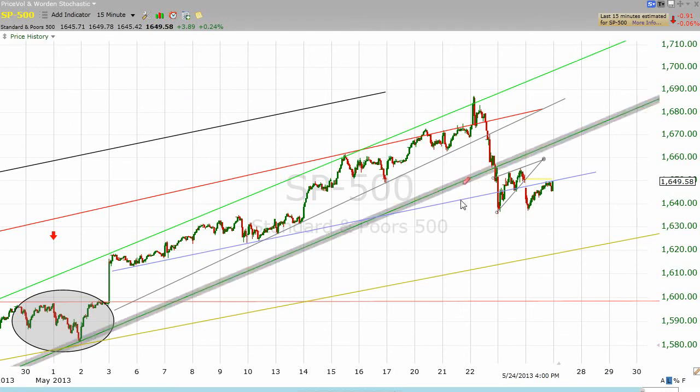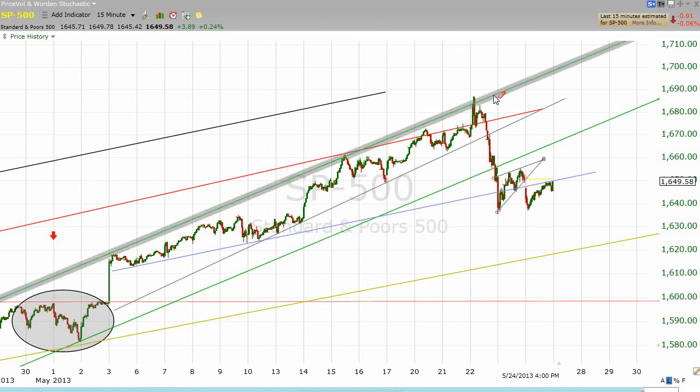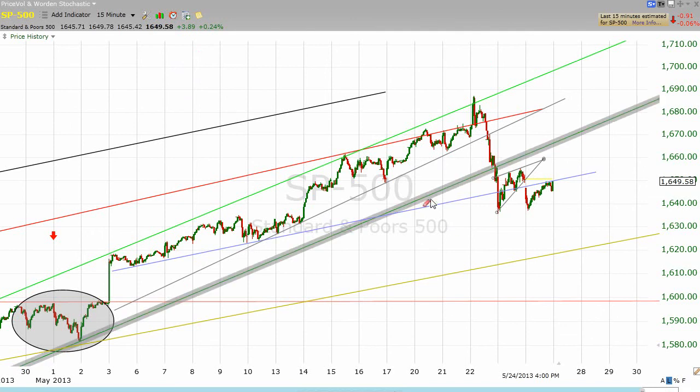And this past week we got two days of slightly up. Then we really gapped up on the 22nd, and then immediately started to give that back. That line up here was the top resistance line in our rising channel. That's where this selling started, and the selling ended up taking out the support line of this channel. So for that reason, we're really in the same spot that we were in